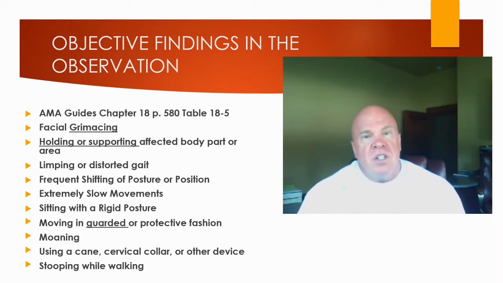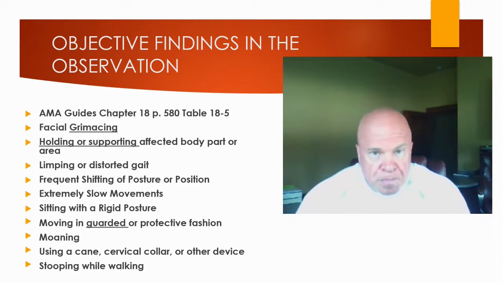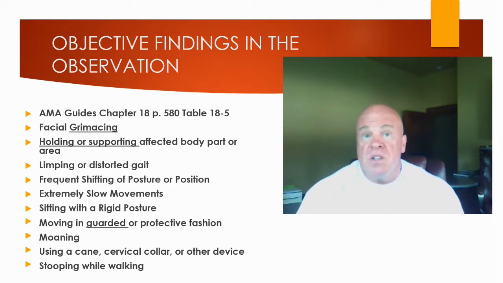How about using an assistive device such as a cane, a cervical collar, a knee brace, a carpal tunnel splint? When you observe examinees presenting to the face-to-face evaluation with these assistive devices, the first question that you want to ask yourself is, is this a medically necessary assistive device? In other words, is this an assistive device that was prescribed by the primary treating physician to cure and relieve the effects of the industrial injury, or is this simply an assistive device that the examinee is employing to impress the examiner as to the great extent of their suffering and the great extent of their pain?